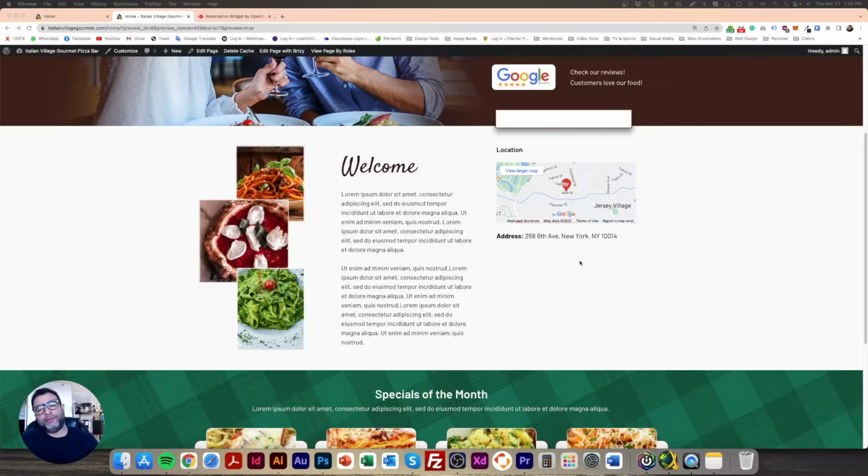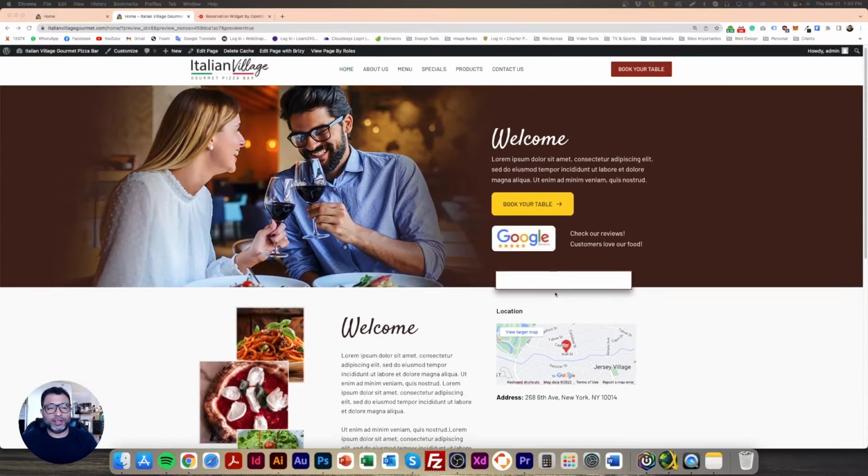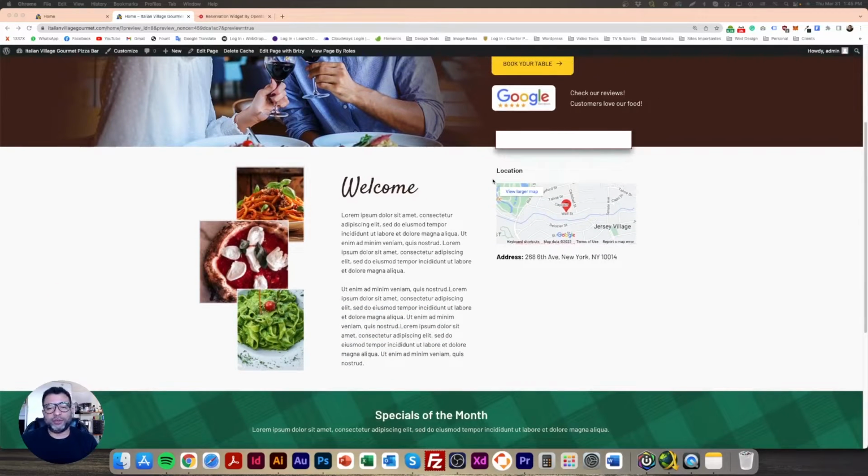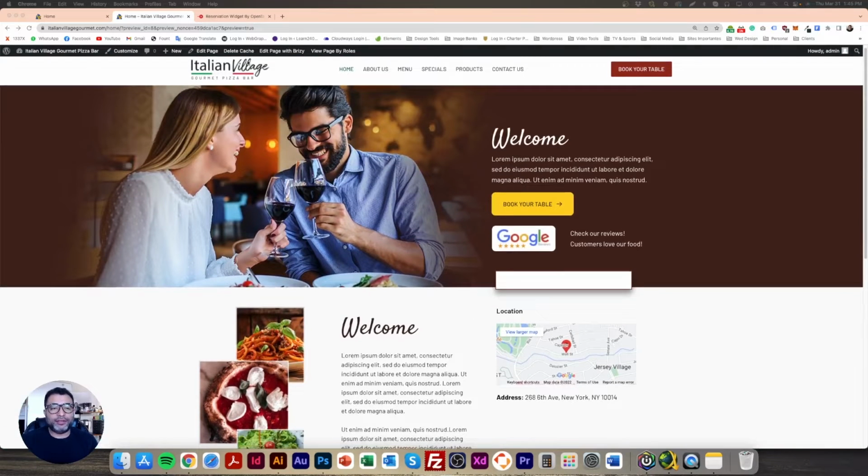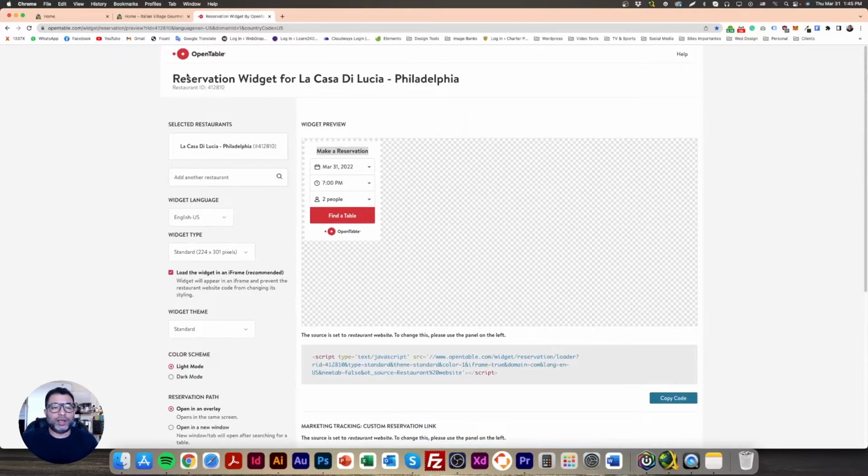Actually, we found an official tool from OpenTable, and if you notice, our form just completely disappeared from here. I was searching and said, hey, there has to be a way to test the OpenTable widget. So we found one on their website, a reservation widget for La Casa de Lucia, Philadelphia. This is not for an official restaurant. It's a testing tool, so you can copy the code and add it on your website as well, just as a testing